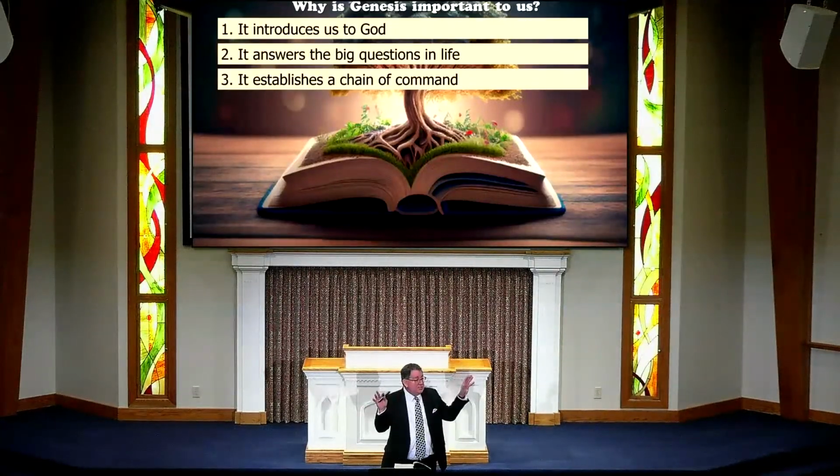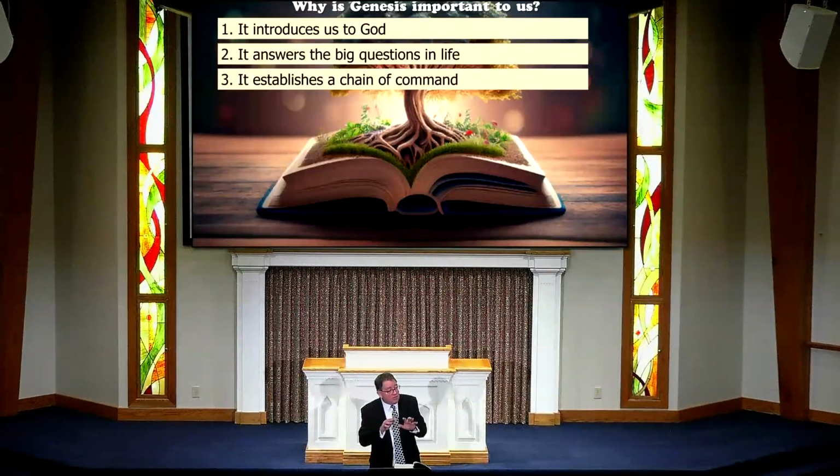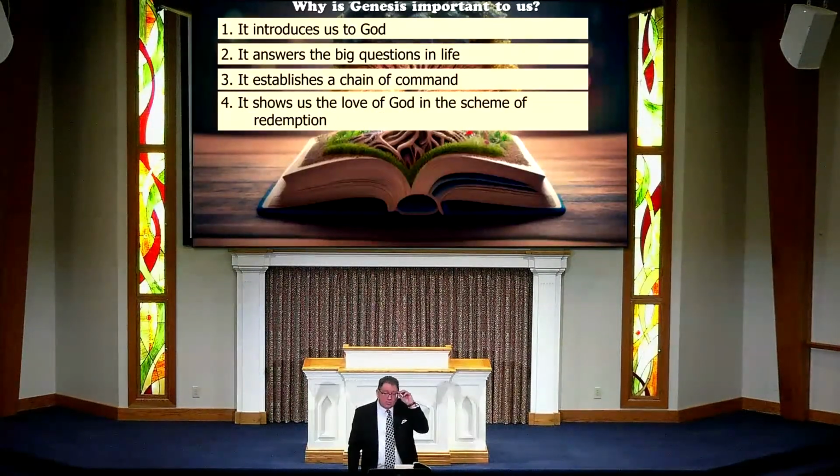And that's what we see in the religious community today. We see all kinds of stuff out there. And we say, well, how do you get to do that? Well, they haven't understood the authority of God. In the beginning, God. He didn't get a committee of people together and say, I'm thinking about doing this. What do you think? No, in the beginning, God. And so there's that chain of command that begins here. And we need to talk about that. It shows us also the love of God in the scheme of redemption. We'll read as we get to chapter 3 about Adam and Eve.